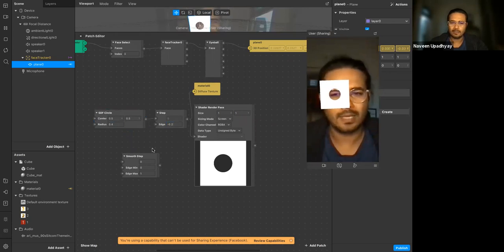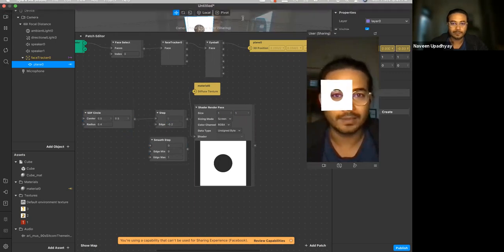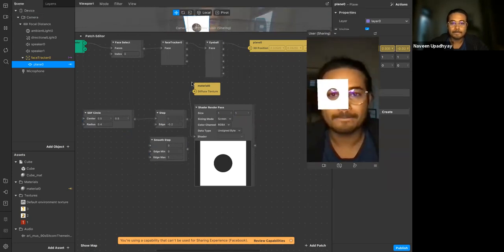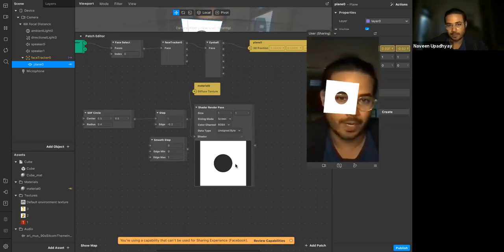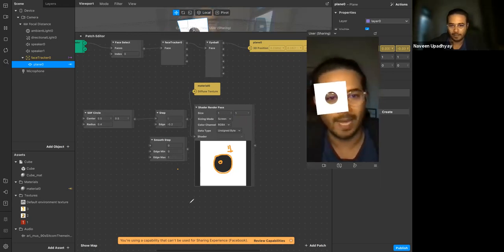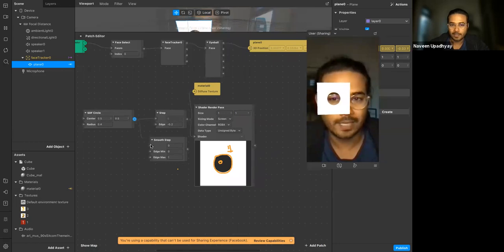Another thing we want to use: the difference between smooth step and step is that now we can smooth it out. Pay attention. These were the edges right now. This was the edge that the SDF created, and anything less than this printed 0, and here it printed 1. Wherever it was 1, it gave me white values, and where it was not 1, it gave me black values. But if I pass the same thing to smooth step,